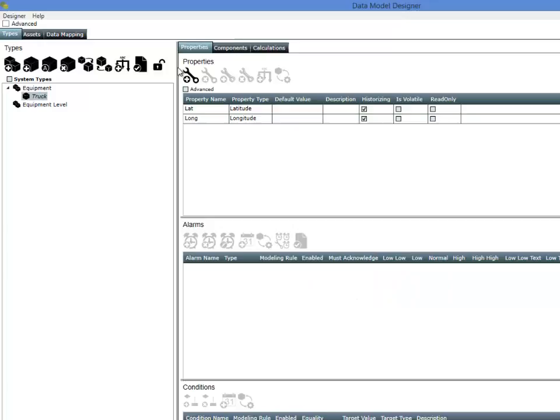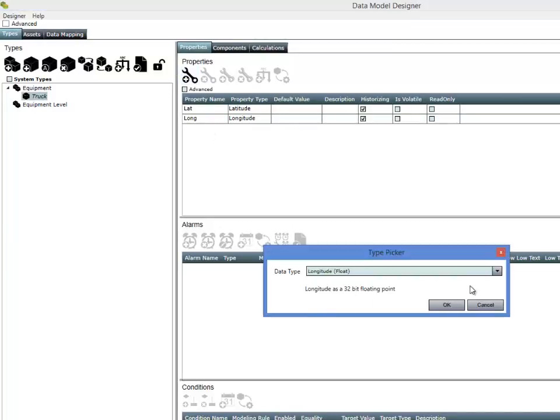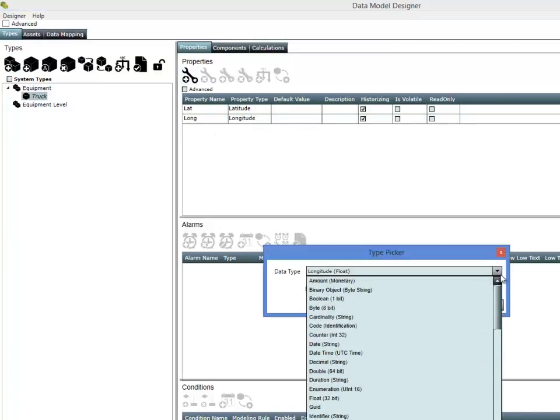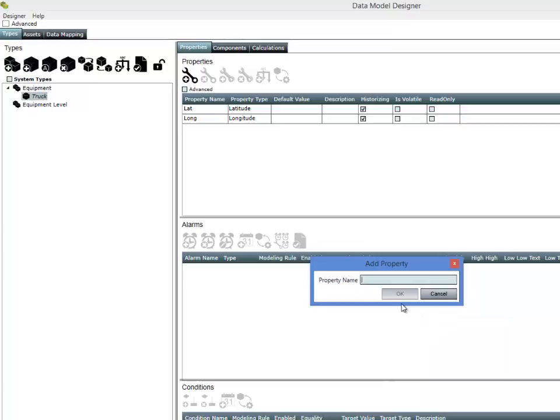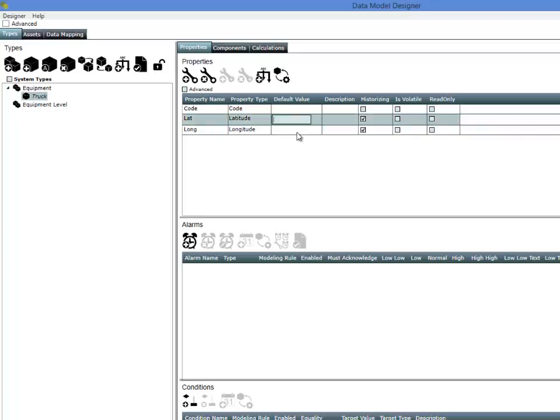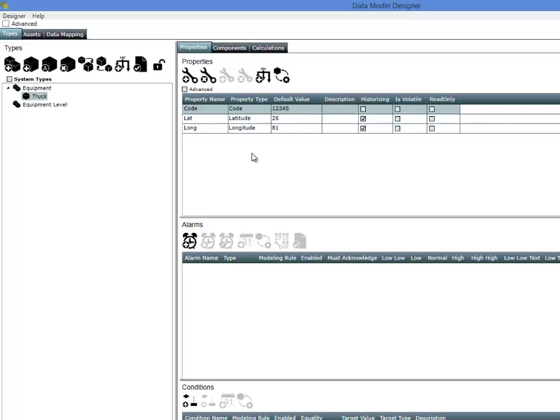and I'm going to add a third property, which is the identifier for the truck, possibly. So maybe this is the truck's identification code. So for latitude, I'm just going to set a default value of 26 degrees, and longitude is going to be 81. And my truck code is going to be 1, 2, 3, 4, 5. There we go. So I have a truck defined,